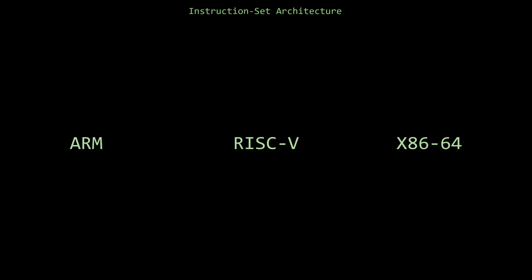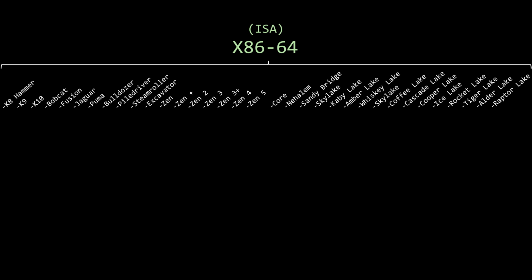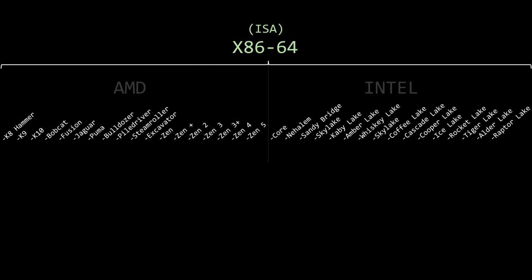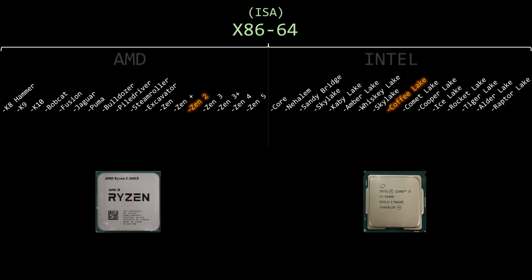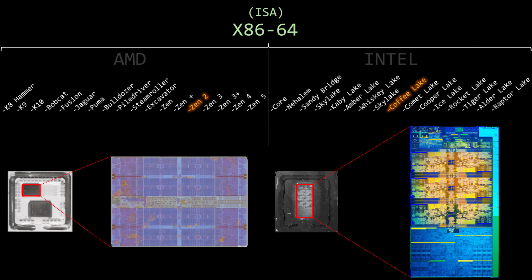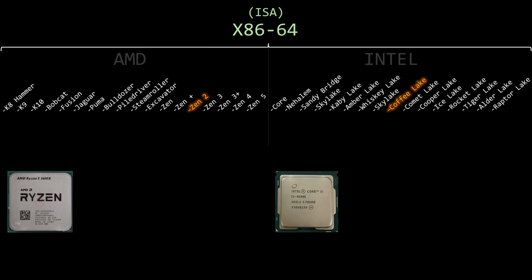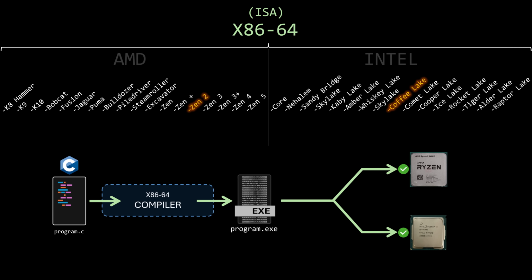When it comes to real-world instruction set architectures, some of the most widely used today are x86-64, ARM, and RISC-V. On the x86-64 side, we have dozens of different microarchitectures, some designed by AMD and others by Intel. If you look through this list, I'm pretty sure you'll recognize at least one of them. If we examine a few examples, we'll notice that their internal designs, circuitry, and implementations can be very different from one another. However, because they all implement the same instruction set architecture, a program compiled for x86-64 can generally run